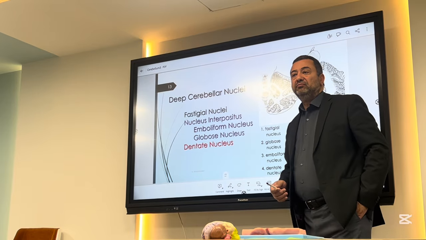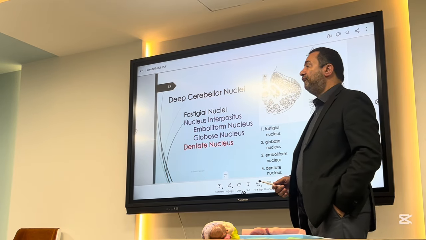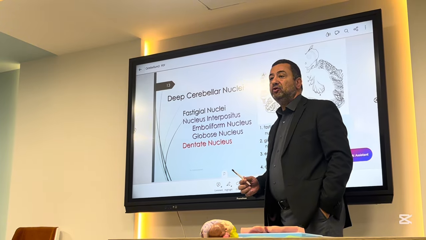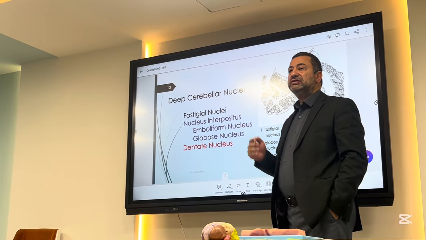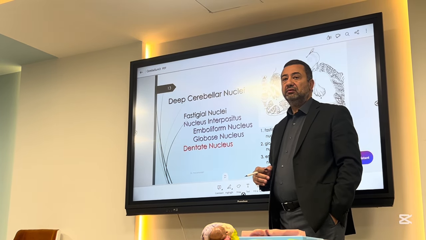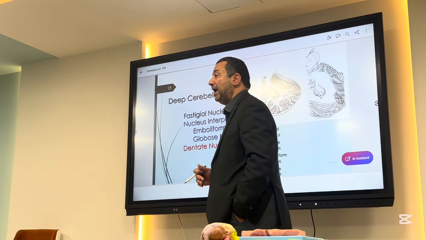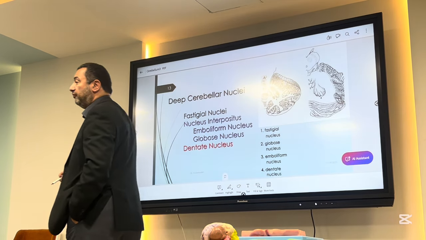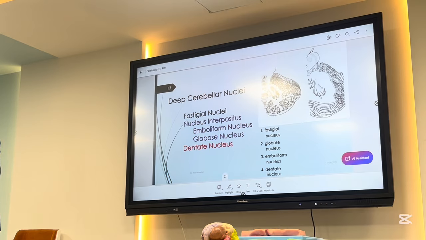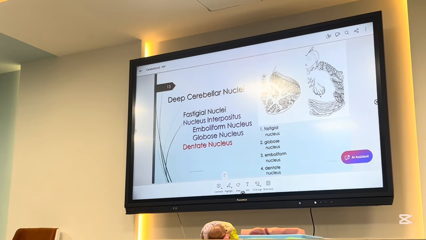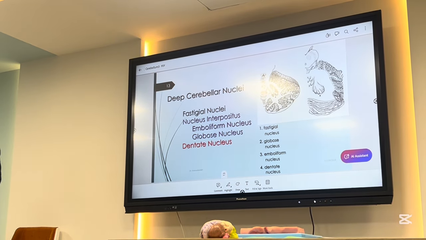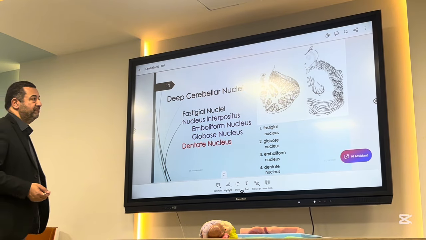In the cerebellum, there are 4 pairs of nuclei. What is a nucleus? Aggregation of cell bodies of neurons in the CNS for specific function. There are 4 pairs of